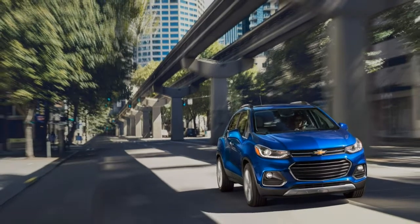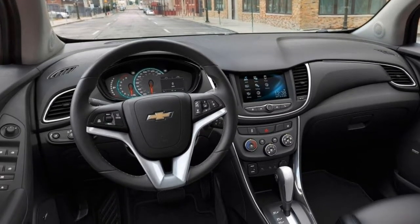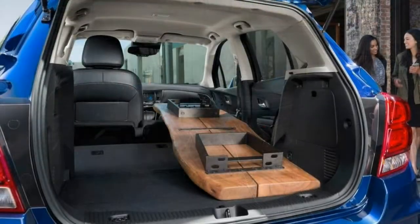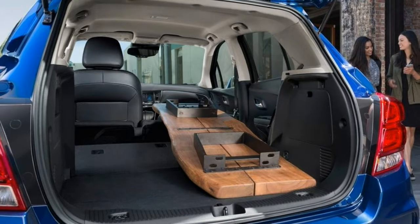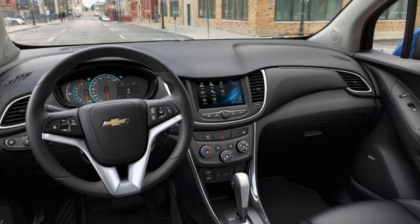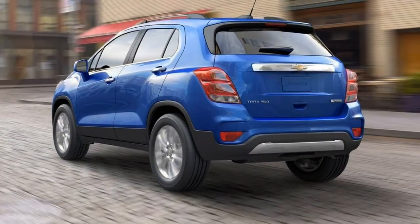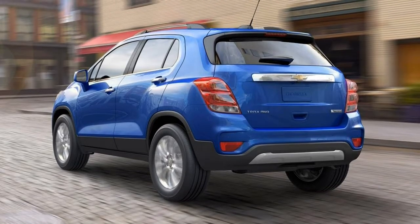In government crash tests, the 2017 Trax received a top 5-star rating overall, with 5 stars for total front impact safety and 5 stars for total side crash safety. The Insurance Institute for Highway Safety gave the Trax its highest possible rating of good in its small overlap and moderate overlap front impact tests, as well as a good score for the side impact, roof strength and head restraint,